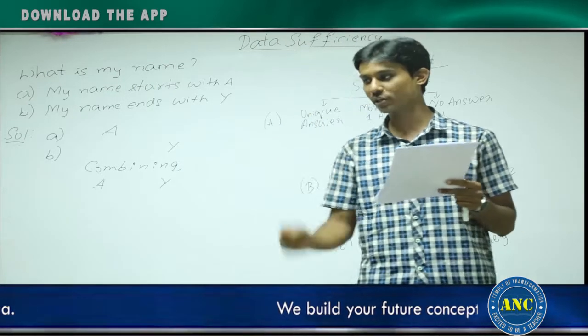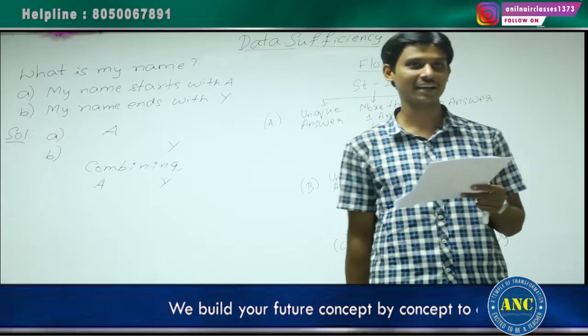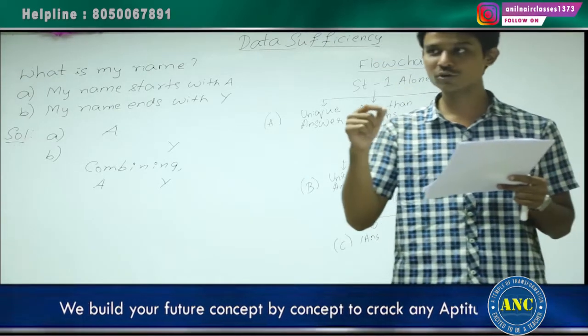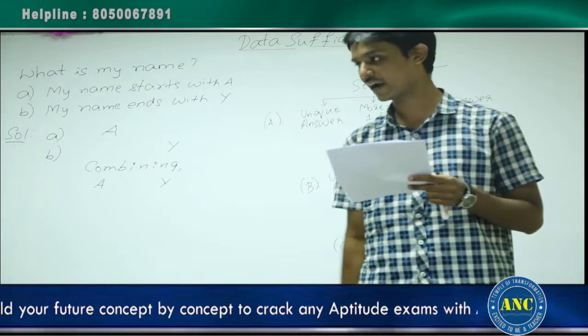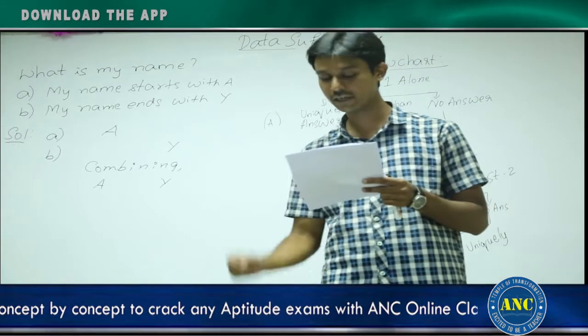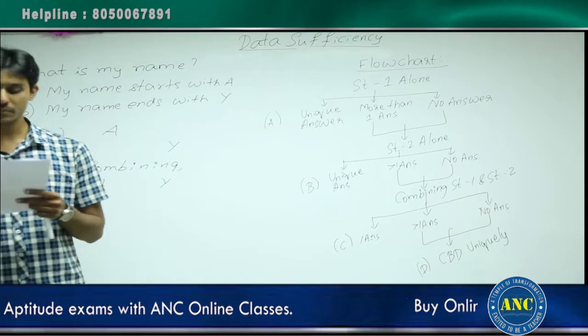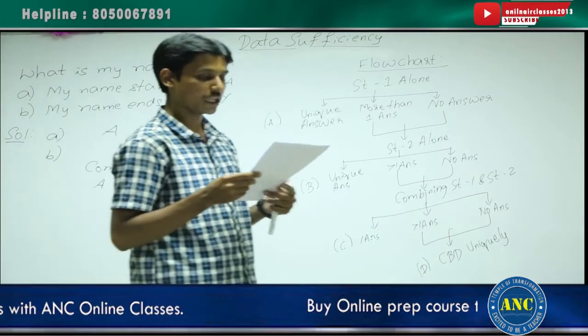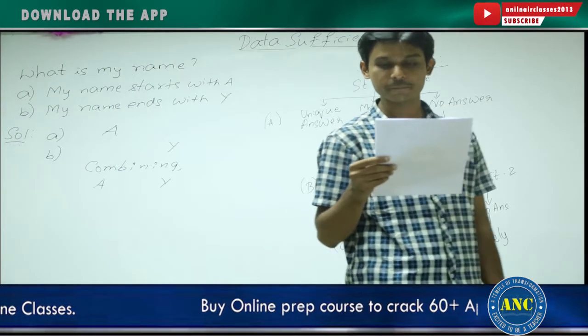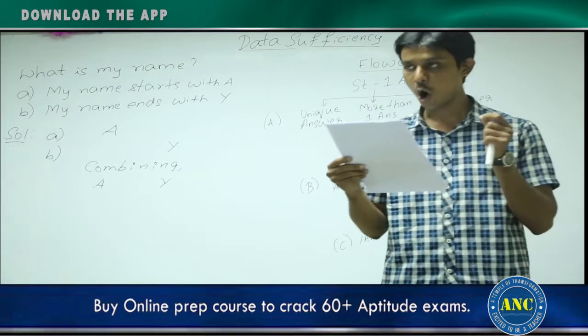The reason why I took these questions is there are so many new students who are attending the session for the first time. I wanted to make you understand the flow first and then we will move to the CAT replica questions. Right? Direction for questions 1 to 10: each question given below is followed by two statements. Mark your answer as option A